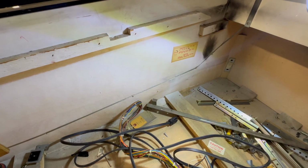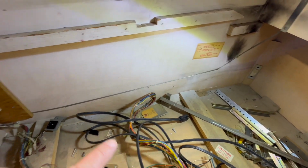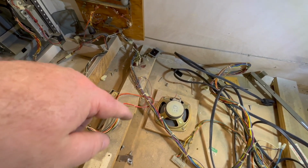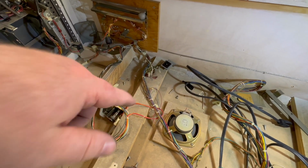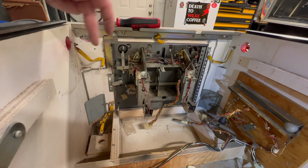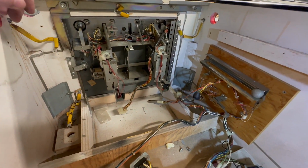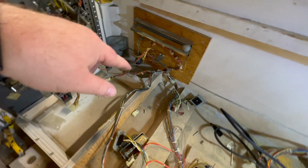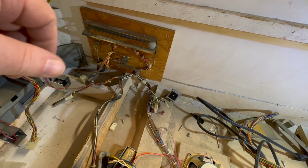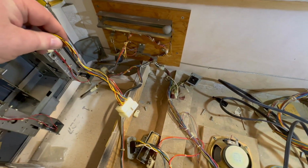All right, just a quick update as I'm stripping this out. So got the line filter disconnected, I got the knocker out, cut the speaker off here, got the service outlet disconnected, got the two flipper switches removed, got the plunger removed, and just keeping on trucking here. So I'm gonna keep on getting this all unattached, get the tilt bob, all this assembly out of there and disconnected. I already got the coin door harness off